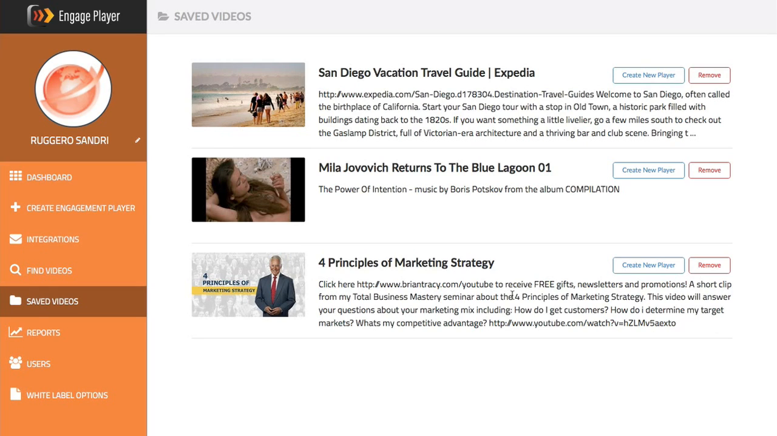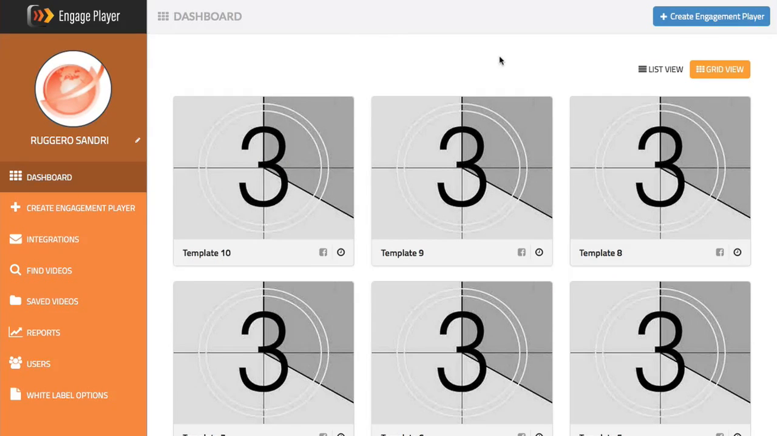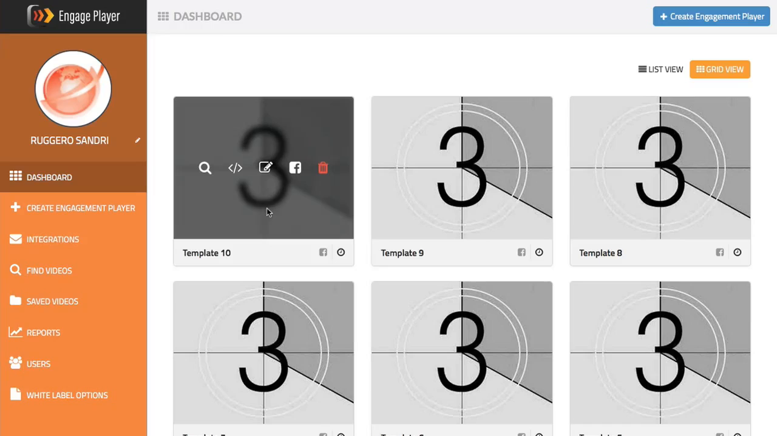So if you're just searching around looking for something that might be interesting for later use, you're never going to remember where it was. So this is a great way for you to go ahead and save those for later use. And you can create that new player right from this button here as well under the save videos. Now, the other feature on the first OTO here is